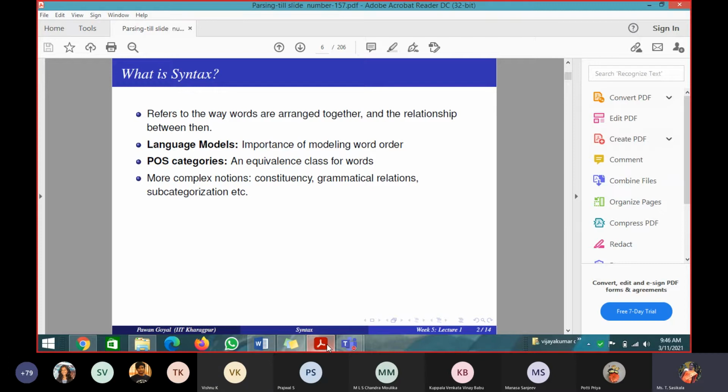So I have words. How a word is formed, I know. I have a POS category for the words. So now my task in syntax is how to combine all these words to make a proper sentence. Yes or no? What words are grouped together to form constituencies? We'll be learning what constituencies are, and all the words grouped together to form one constituency will be included here. Generally, syntax refers to the way the words are arranged together in a sentence, to make a proper meaningful sentence.